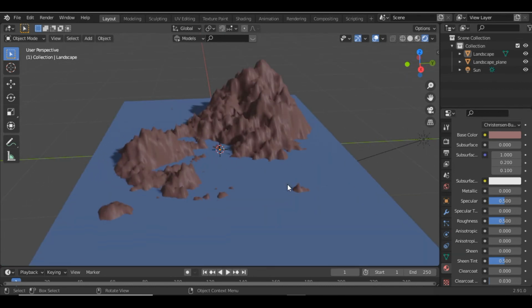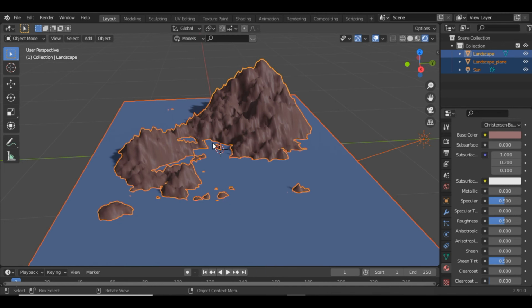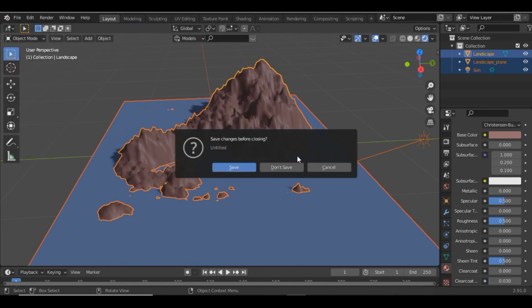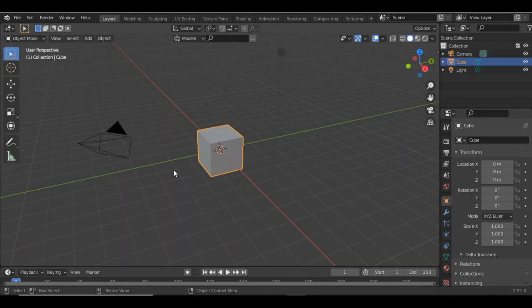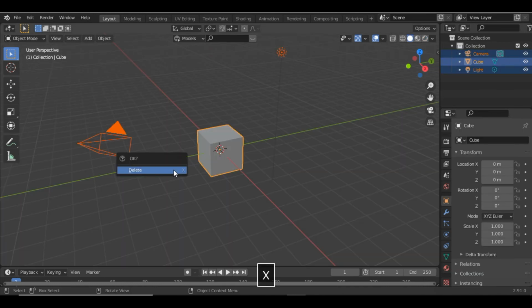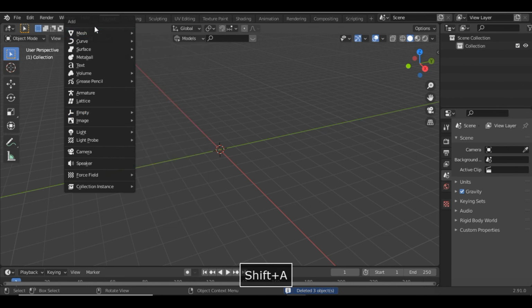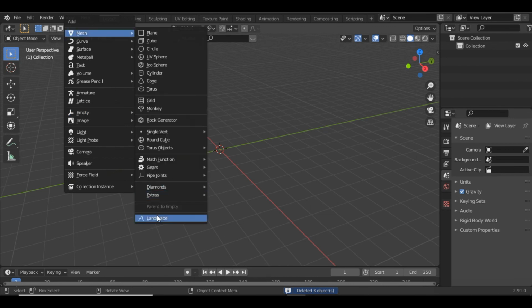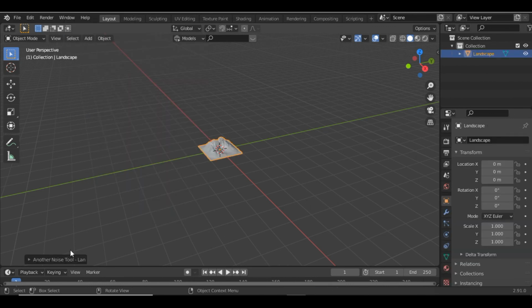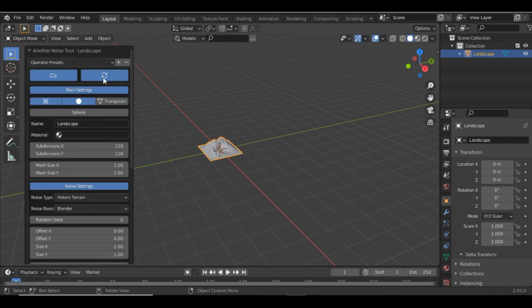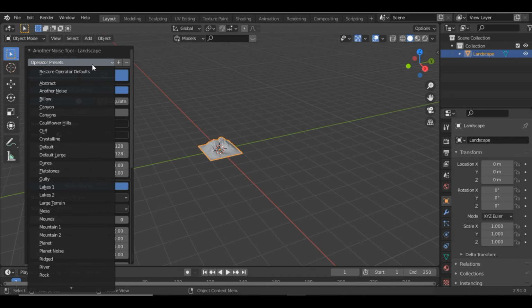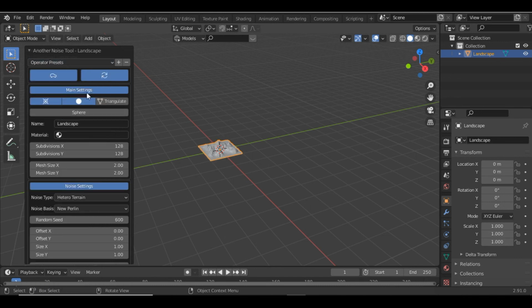And now the next thing I want to show is you can have many other options over here. So we'll open a new file, and we do the same thing again. We delete everything, Shift A, Mesh, and we add a landscape again. And now we can change the operator presets. So like, you can choose a canyon,